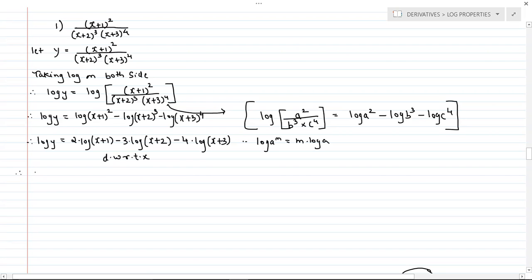So here we know that the derivative of log y will be 1 upon y dy by dx. As we know that 2 is a constant, and whenever a constant is attached to any function, you have to keep the constant as it is and simply find the derivative of the remaining term. Clearly we can see that here it is log x, but x is replaced by some other term. So here we'll use the chain rule concept, since x is replaced by some other term.